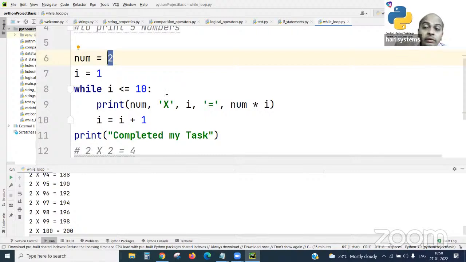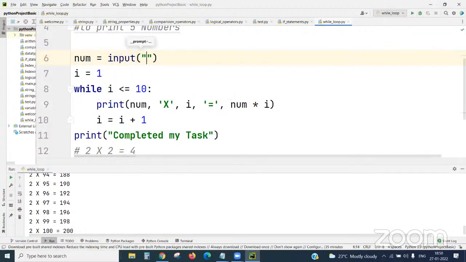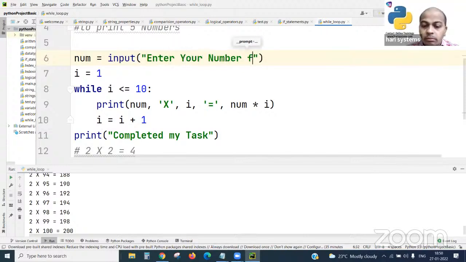So I want to make it dynamic. I want to create a table as per my mind, for whatever number I want. For that, very simply, I'll take an input from the keyboard. That's it. When I run the program, I'll take the input from the keyboard and my job is done. For that, I'll write a single line instead of the static number. Just removing it, strongly observe this. Input: by taking an input, "enter your number for table", I'm writing.